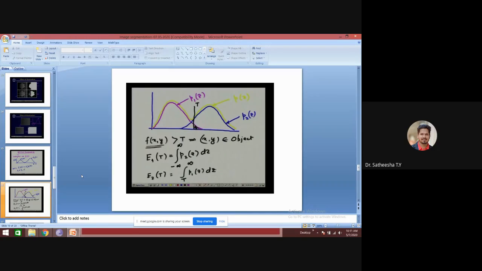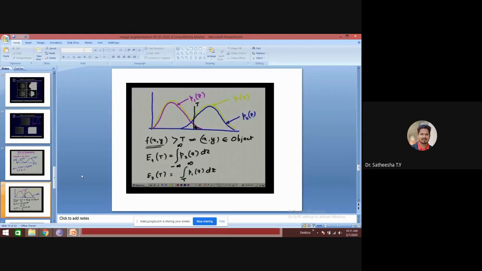Okay. Now, here you find that we are taking a decision. If f of x comma y is greater than T, then x comma y belongs to the object, but the pixel with intensity value f of x comma y also has a finite probability, given by this, that it may belong to the background.